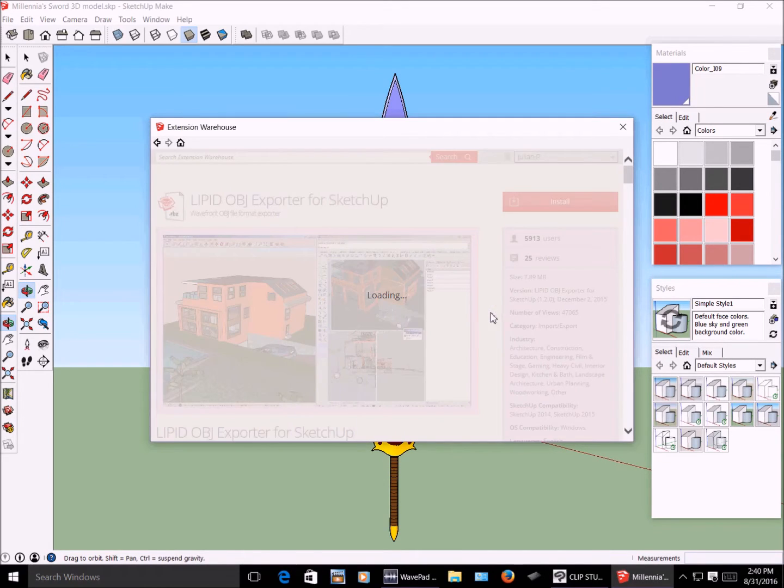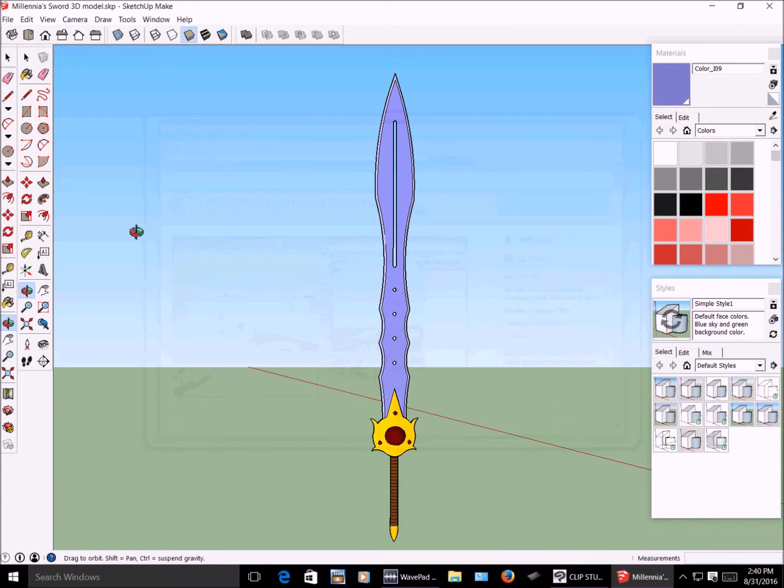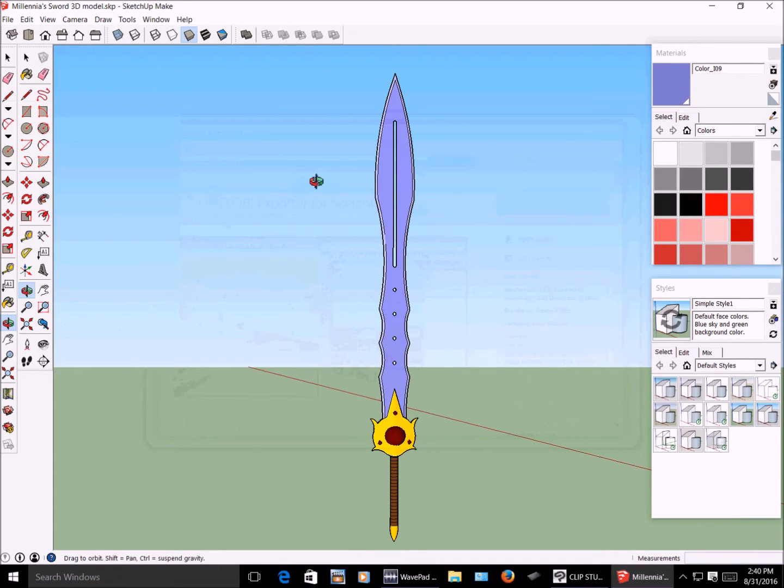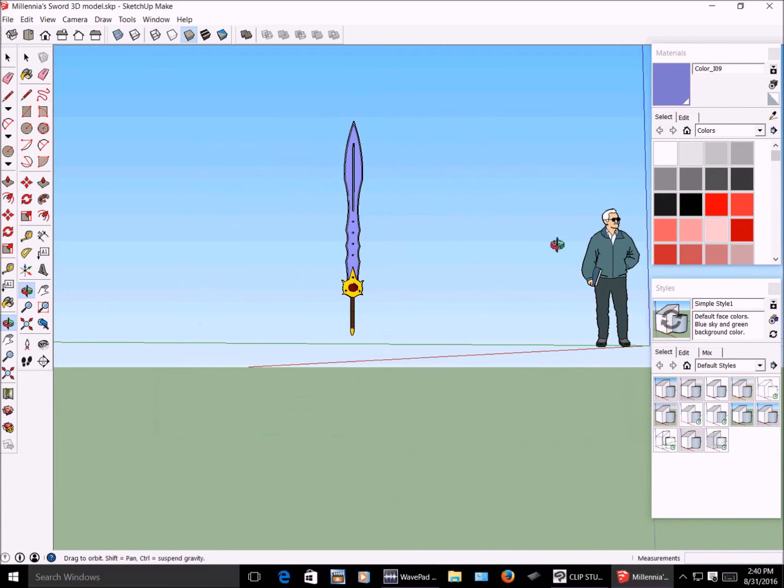Now anything in Google SketchUp I can now convert. You can find it right here. If you go to File, right under Print, you'll find the OBJ Exporter. And that's what you click in order to convert this into a file format that Manga Studio can read. But there's still a few things you have to do to prep your file before you do the transfer. And really it involves this over here.